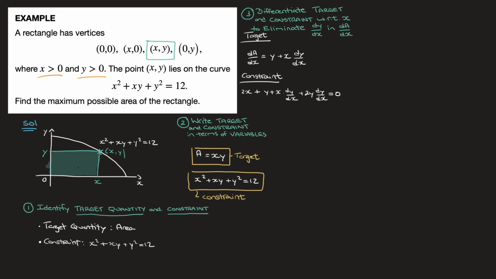Okay, now that that's done, we want to rearrange the constraint in order to make dy/dx the subject. The goal being to eliminate the dy/dx we have inside the expression for dA/dx we found before. So let's see, leaving the two terms with dy/dx on the left-hand side, and making sure that all other terms appear on the right-hand side, the constraint can be written as x times dy/dx plus 2y dy/dx,